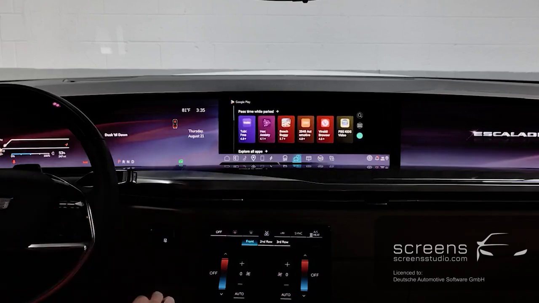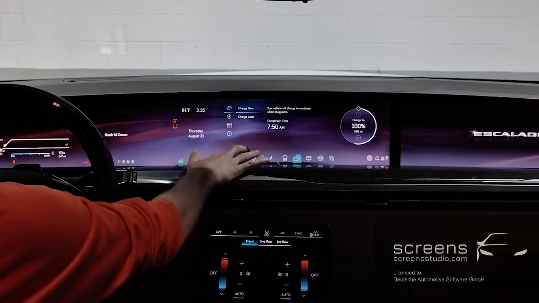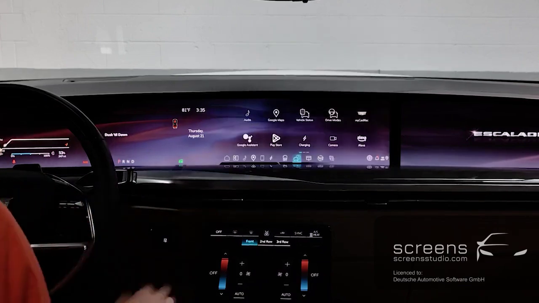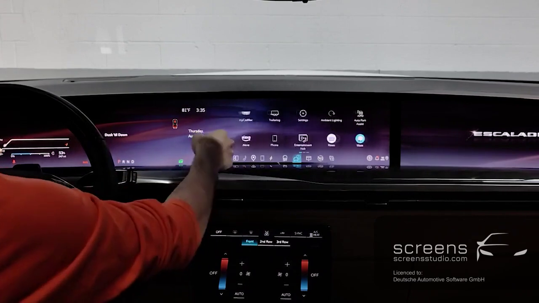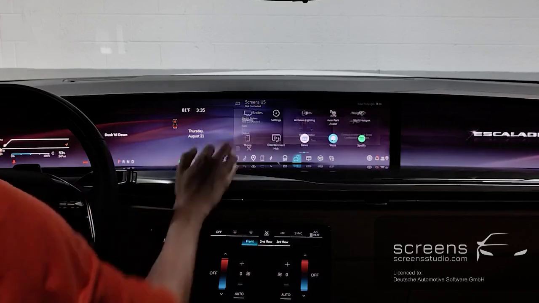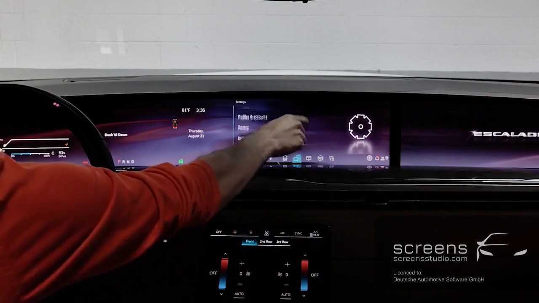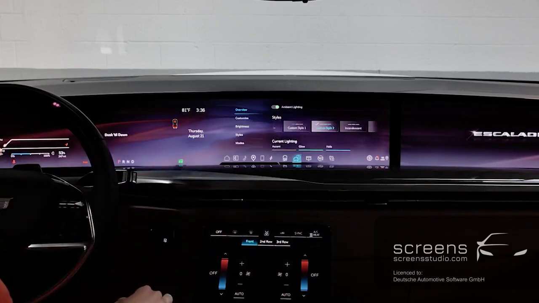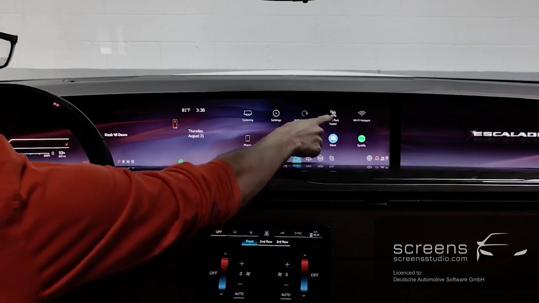Play Store, charging, camera, Alexa, trailering, settings, ambient lighting, auto park assist,